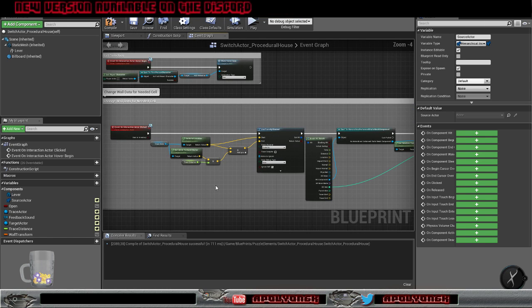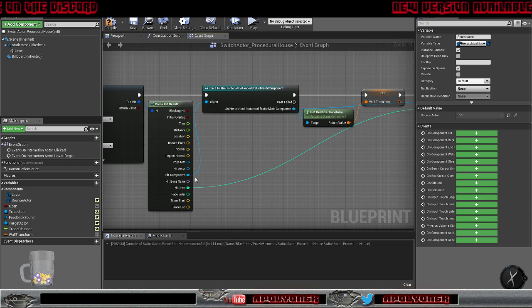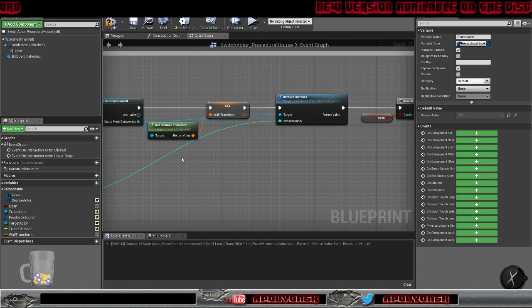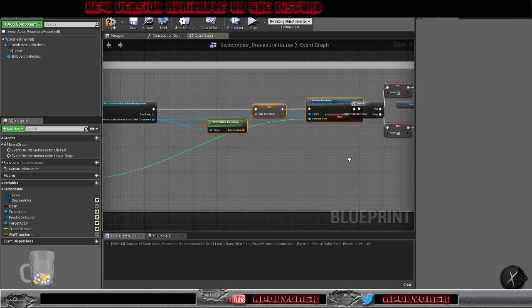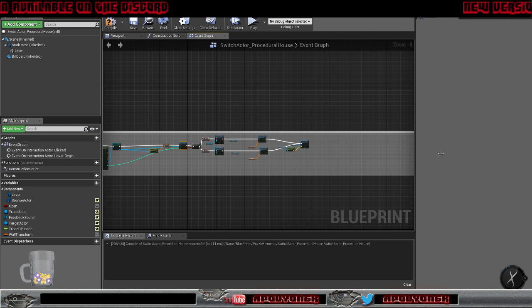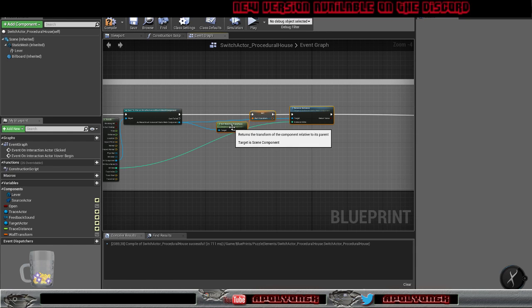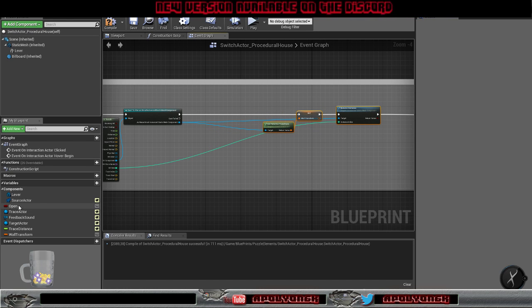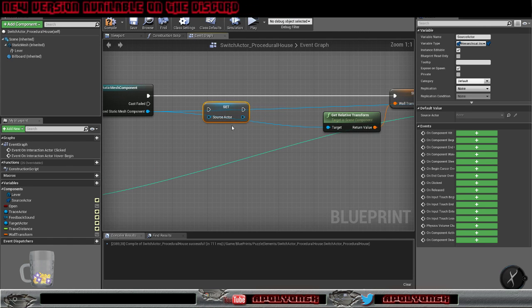So the first thing we have here, first hit component would define the source actor. So let's add a bit of stuff to this. So our source actor here, let's